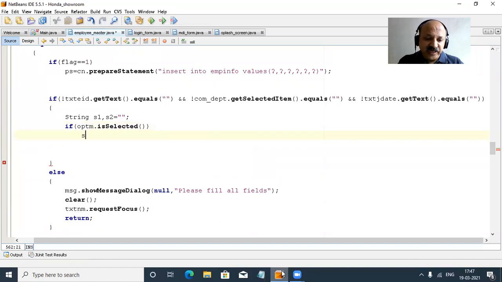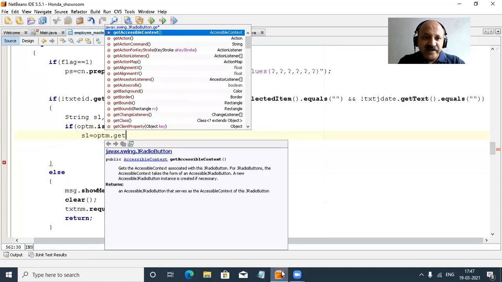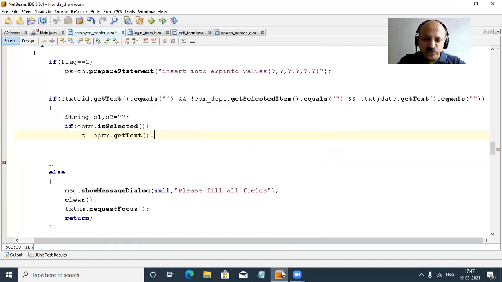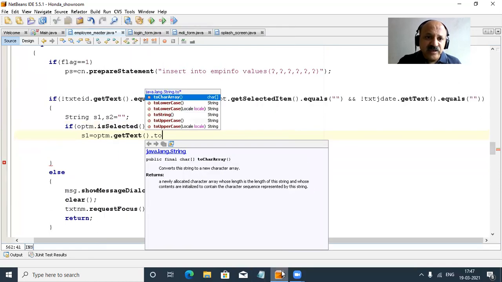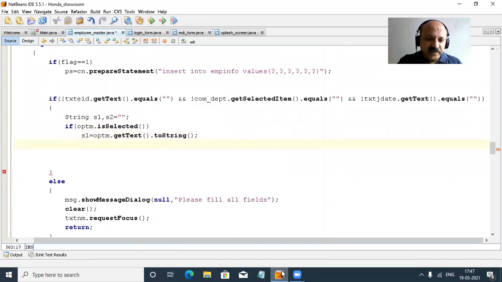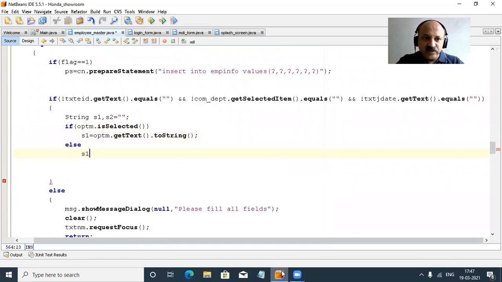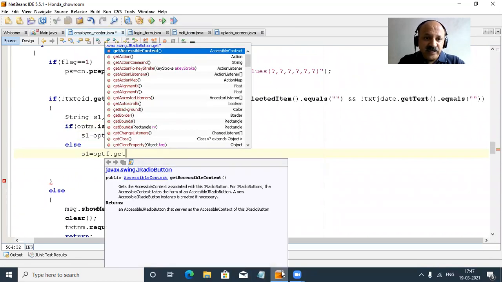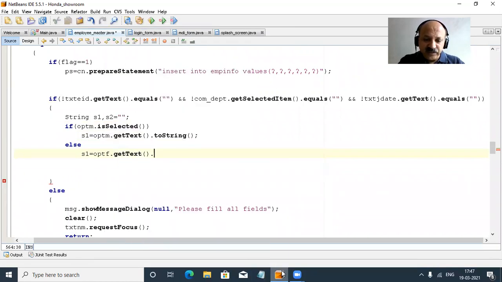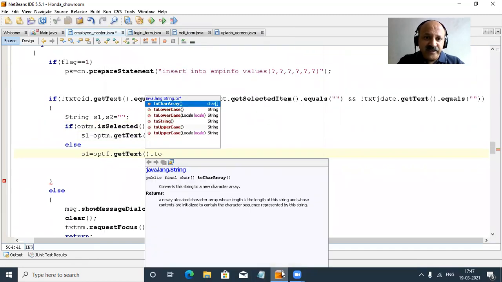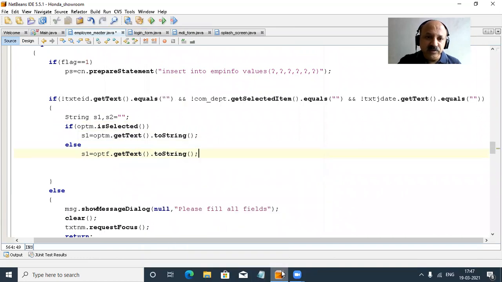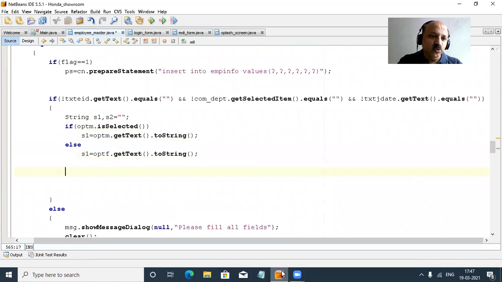So what to do? So S1, then OPTM, then getText, yes, and toString. So that is how we take toString, and in the else part, S1 OPT female, if selected. If the condition is false, then female is selected, so toString, yes. And we can take S1 to our string variable, that is the text. So male or female, yes, first that field we have to take.